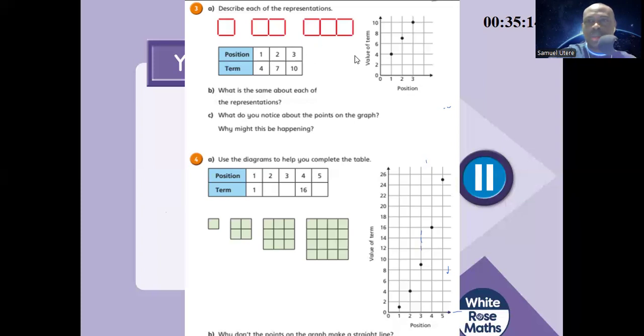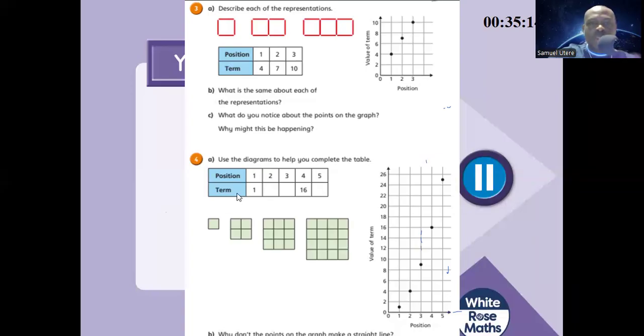So here, the question you were being asked was to describe each of the representations. By now you know what it means to describe. You need to say how many lines were used to make the diagram of the first term, then say this one, and then you can say how much the sequence is changing every time. Now, just looking at the graph, you can see that it's a linear sequence. You can join the points with a straight line. And then this one,